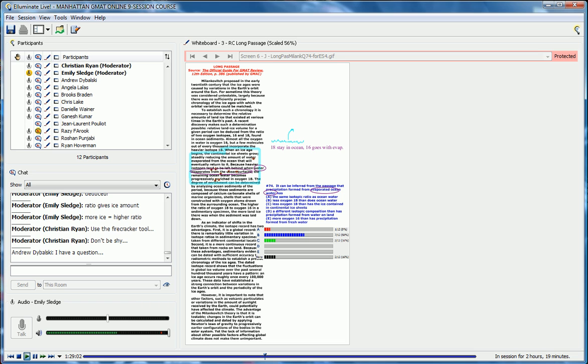All right, yeah, and Chris is going to draw us a picture here while I put it in words. The 18 stays in the ocean, right, because it's heavy and it sinks. I like the way you put that. And the 16 goes out. It evaporates because it's lighter. So the evaporated water, along with the 16 in it, ends up